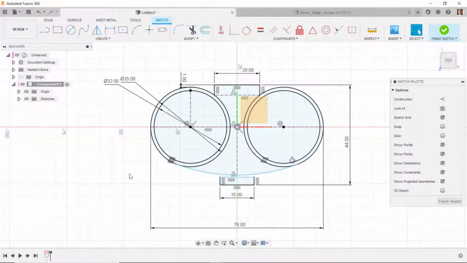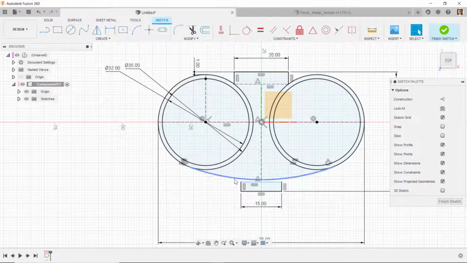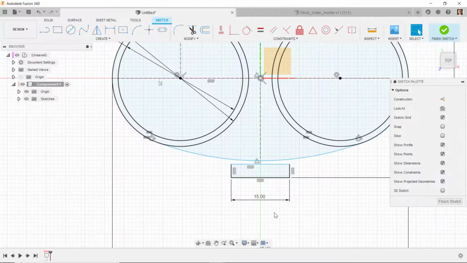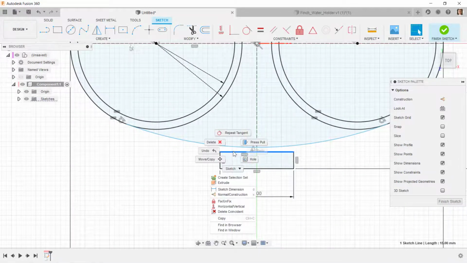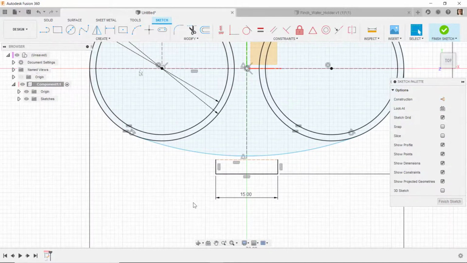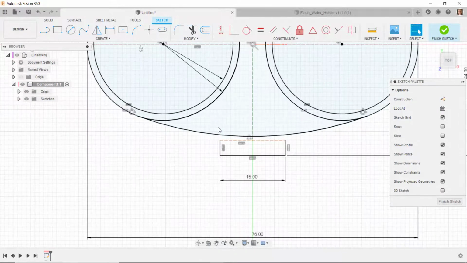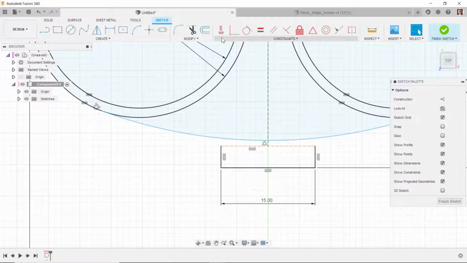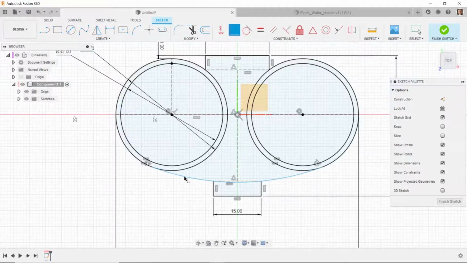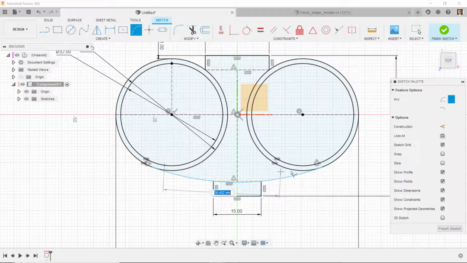So right now it's blue. I'm going to make this arc coincident with this corner right here. And before I do that, let's change this to construction line, just like I did up here. And so then I'm going to do coincident this point to the arc. I'm going to draw a second arc in here, and so I'll do another arc, and I'll select this arc, and I'll select this arc, and I'll come in here